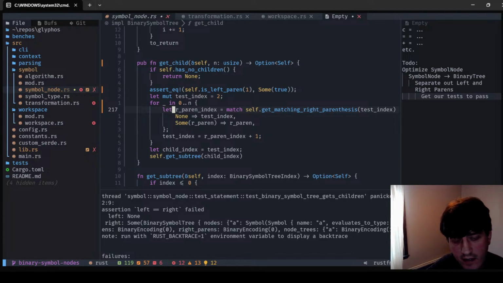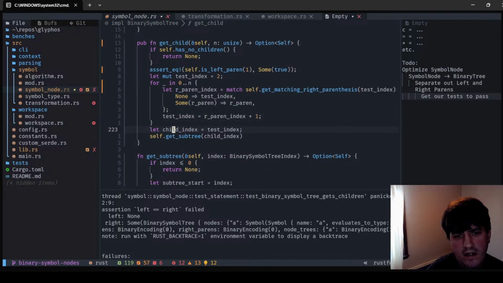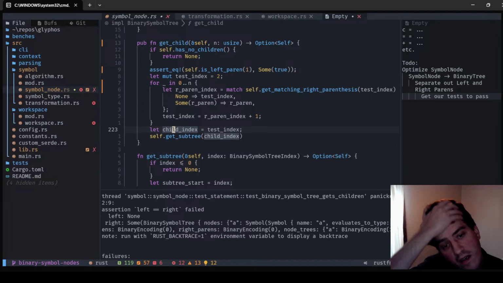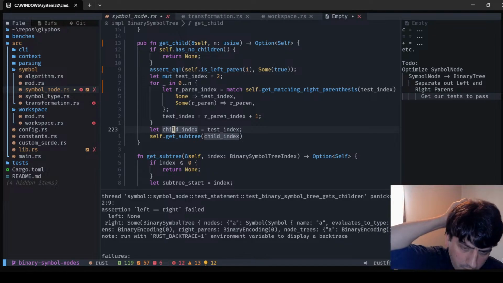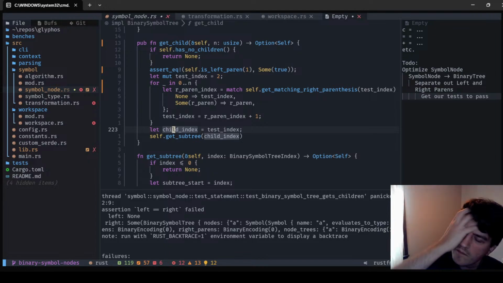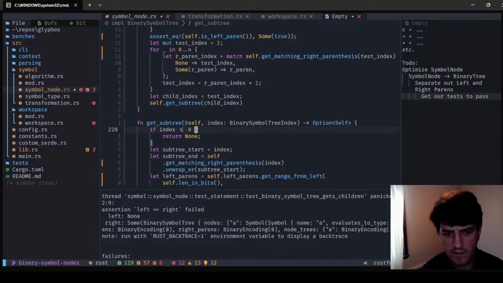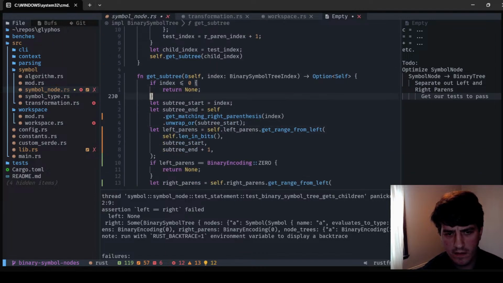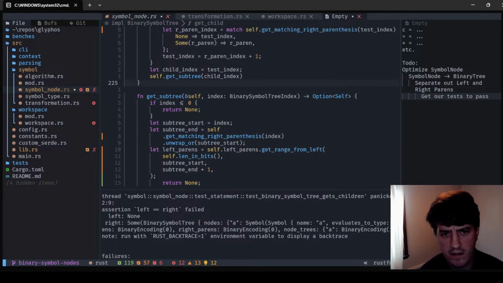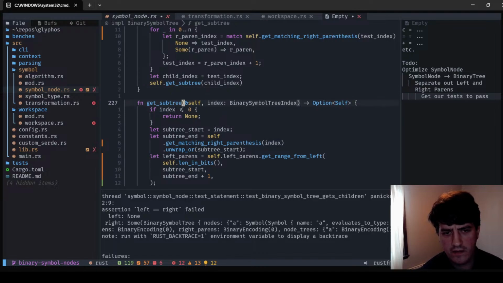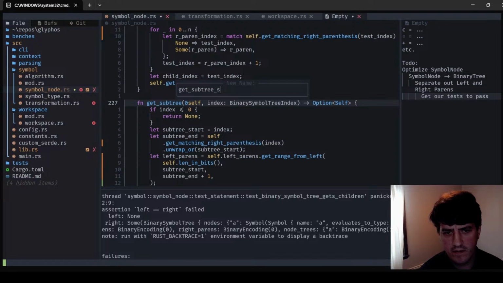And so then the child index is at the location of the... okay, so this is passing in the left hand index. Let's say starting at